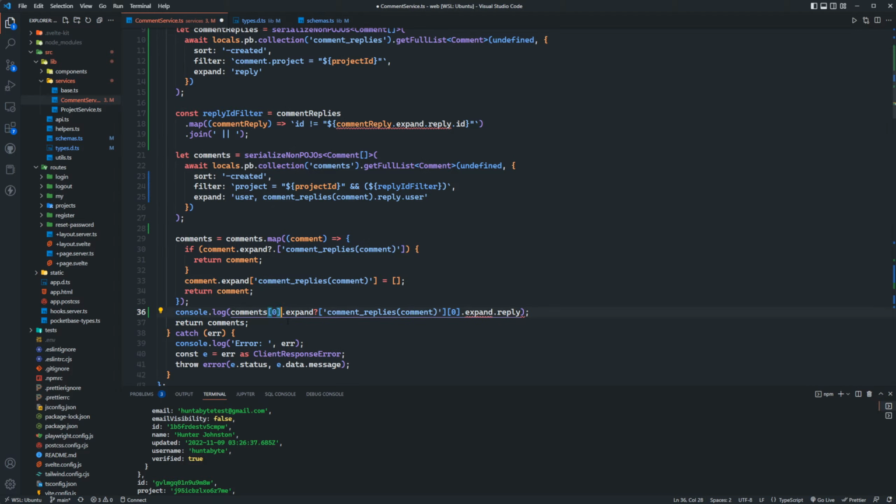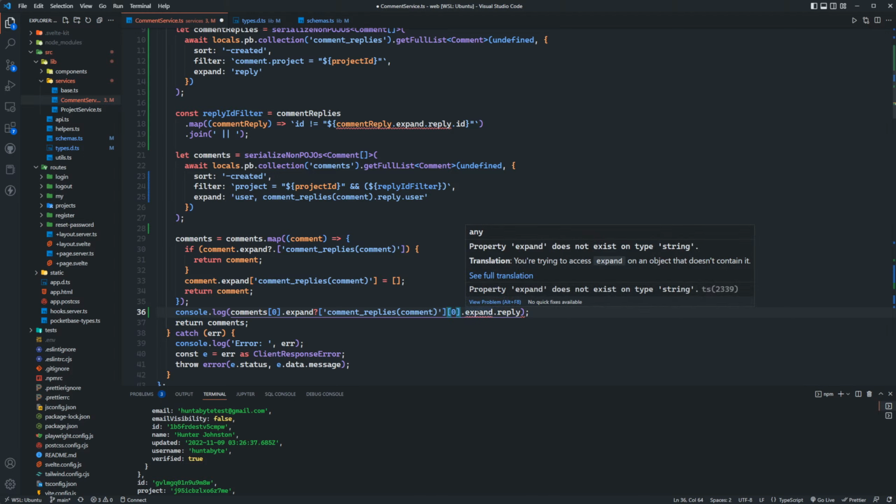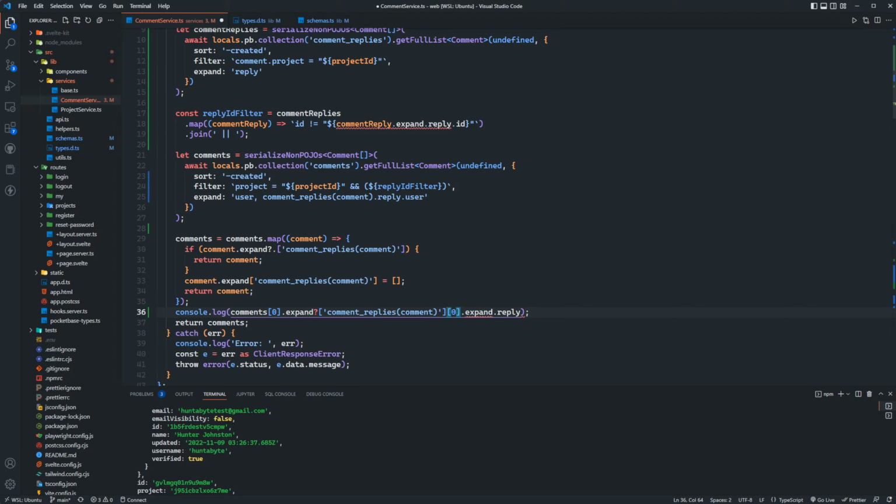So comment 0, which is a comment. This is a list of comments. This is a single comment. When I expand the first time, I'm checking to see if comment exists. It could be a comment array, an empty array, or undefined. Why is it saying that expand is not some type of string? So then when I get that comment though, that comment